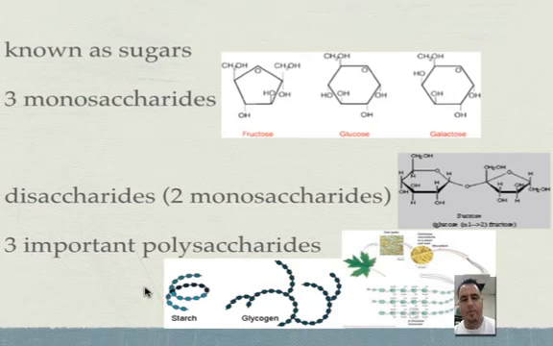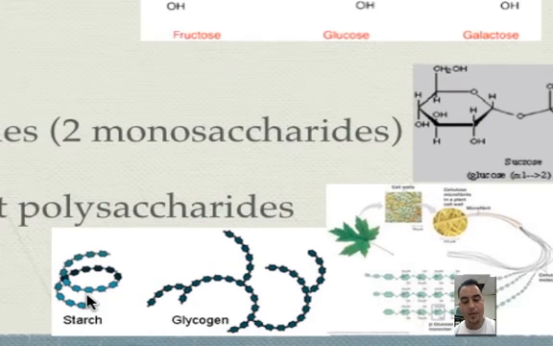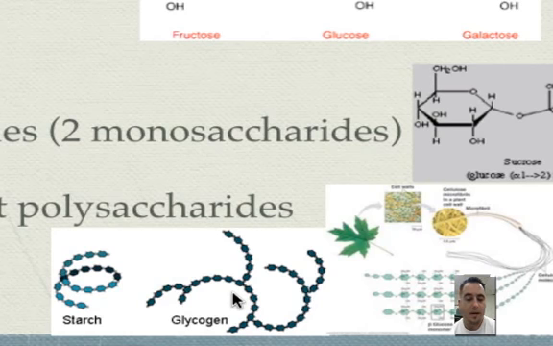And here are 3 important polysaccharides. You have starch, which is the energy storage form of sugar in plants. And then you have glycogen, which is the energy storage form in humans and animals. And whenever you need them to be used in the body, they're actually stored after you eat. And they're stored in your muscles and in your liver especially. But when you need them at night, or let's say you're asleep, or you need it because you're doing some kind of